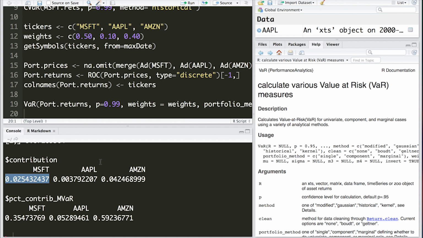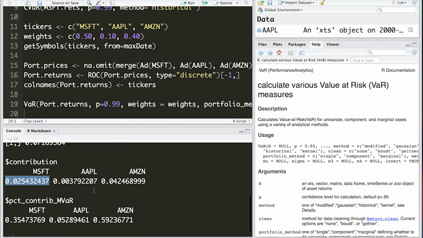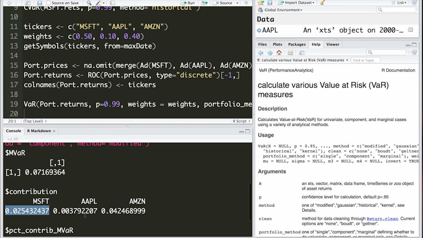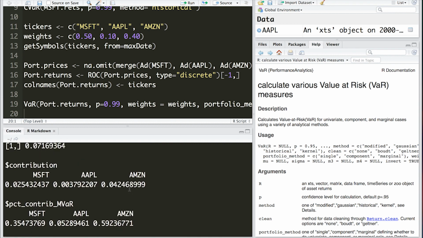You can look at the contribution of risk for each of these stocks. So you can see Microsoft is adding to this number, right? 2.5% of the risk of our portfolio, right? Or 2.5% value at risk. Apple 0.379 value at risk. Amazon 4.24% value at risk. So this is saying our weight in Amazon is giving us a 4.24% potential loss in the worst 1% of scenarios. Meanwhile, with the same portfolio weights, Microsoft is only going to give us a 2.5% loss in that worst 1%